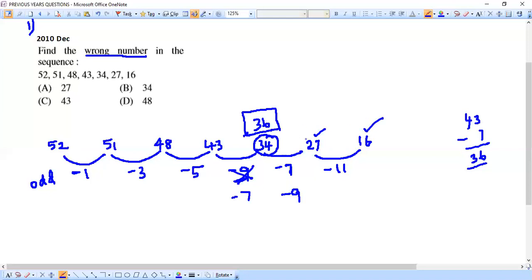So that means hereafter there's no effect. The sequence is not getting any disturbance. So instead of this 34, if we happen to get this 36, we should have got a clear sequence with a proper pattern. But what happened in between? This 34 came here in the place of this 36, and that made a change in this pattern. Is it or not? Because of this 34 we are getting a disturbance. So that means the wrong number that is placed here is this 34.